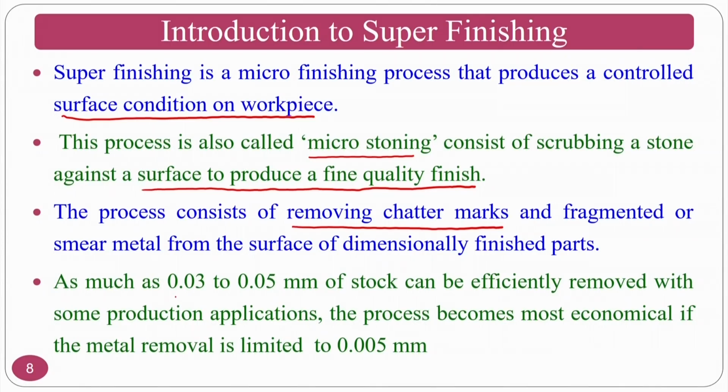So, as much as 0.03 to 0.05 mm stock can be efficiently removed. That means that this is the amount of material that it can remove in some of the production applications. The process becomes most economical if the material removal is limited to 0.005 mm. If the material removal is very small, that means that if it is considered to be a finishing process, then